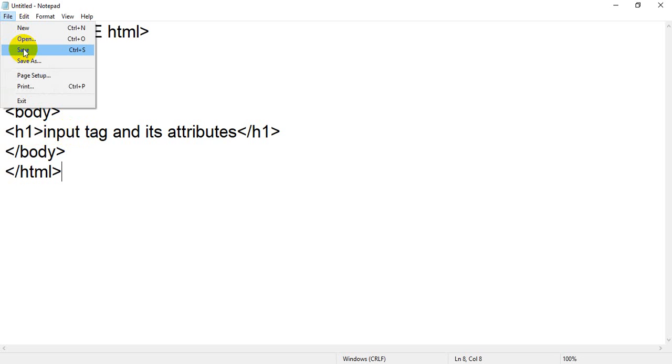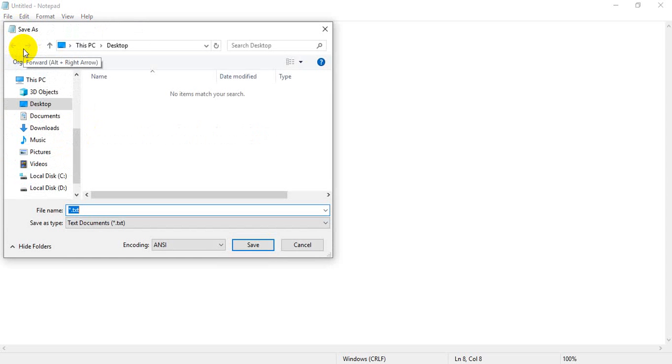So I'm just going to save. And how to save, again I'm telling, just click on save. It will ask where you want to save. I'm going to save on the desktop. Select desktop, then assign some file name. For example, it's our restriction tag or input or anything, you can assign any name. So I am going to assign the name restriction, and you can write dot html.